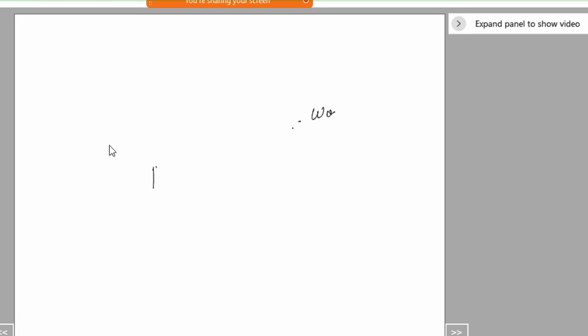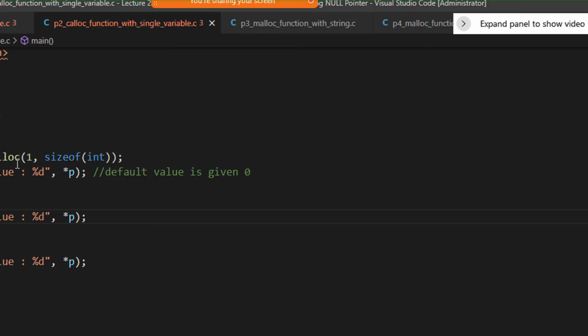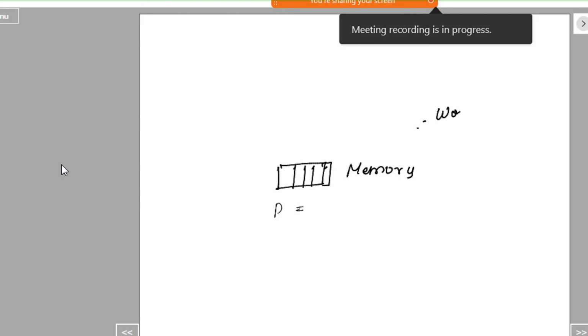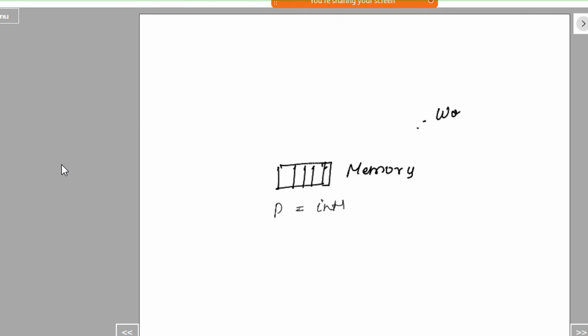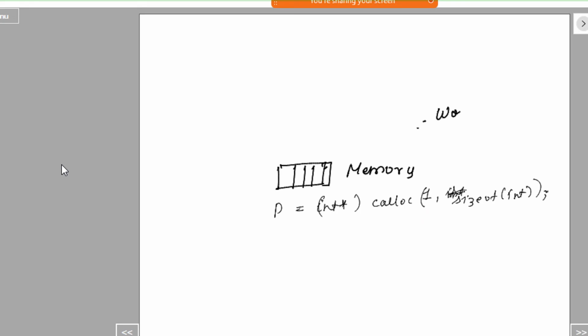Okay, so you have a memory space here, right? There are many memory locations. So the moment you write this particular statement, p is equal to int star calloc 1 comma size of int, what happens is it picks up a complete memory cell, let's say the base address is 2000, and assigns it to p.